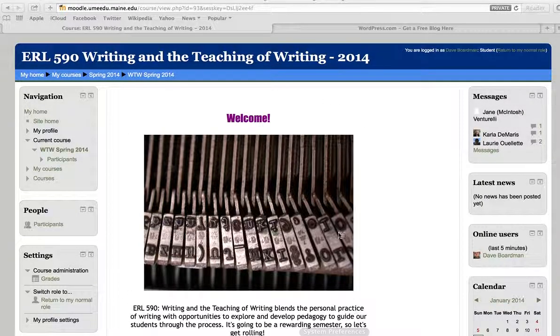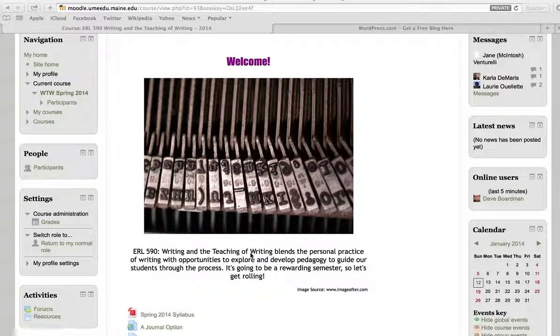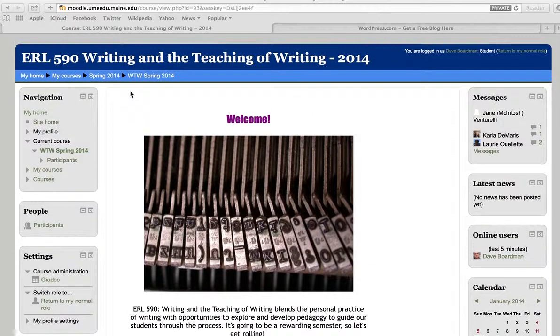This opening box will change usually weekly, sometimes a little less, sometimes a little more. And right now it's a pretty generic welcome message. Sometimes these words are a little more specific to the week that we're working on. I'll give you the quick tour. You have this navigation box here,